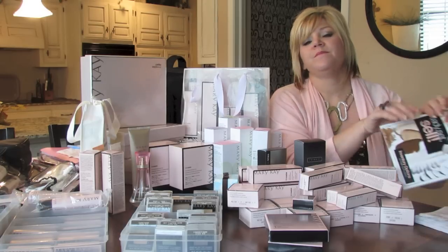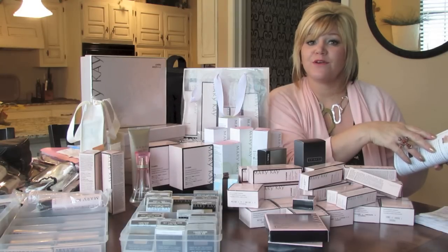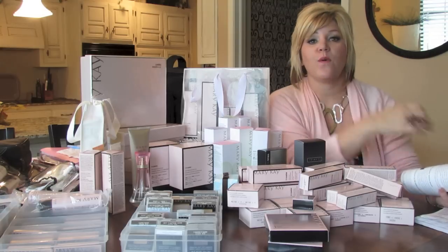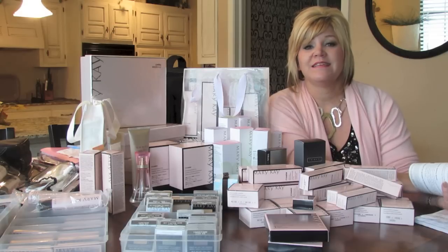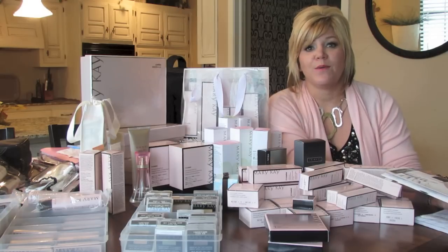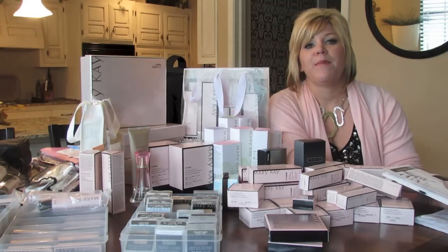Don't think small. I want you to think big. I want you to think 100 customers, each purchasing. The average woman in cosmetics is going to purchase in a year's time about $700 worth of cosmetics. $700. One person, $700. They need cleanser, moisturizer, foundation, powder, lip gloss, eyeshadow, and they buy it over and over